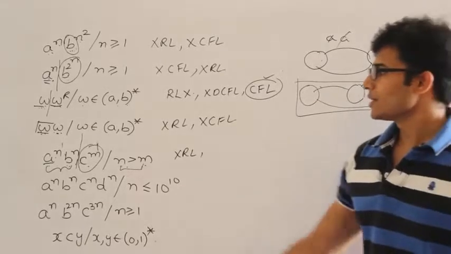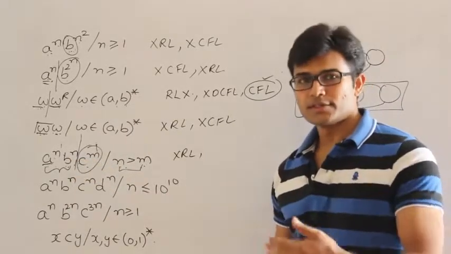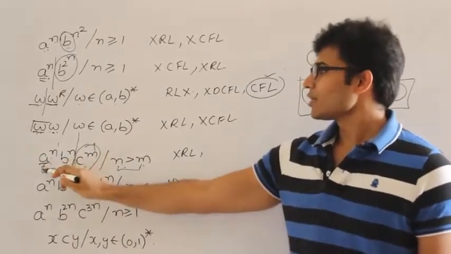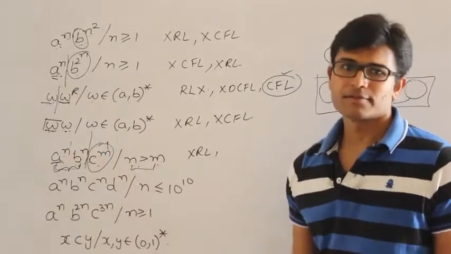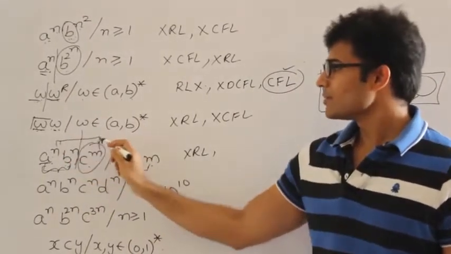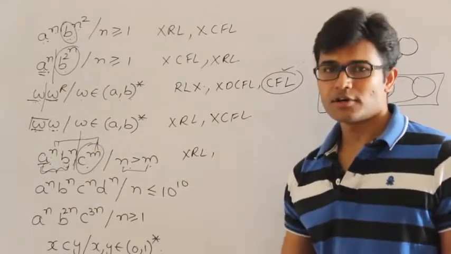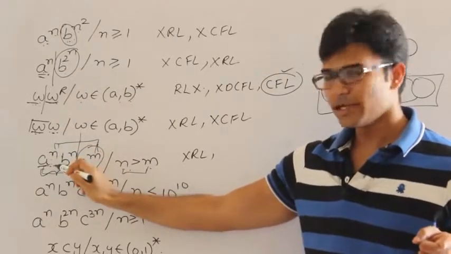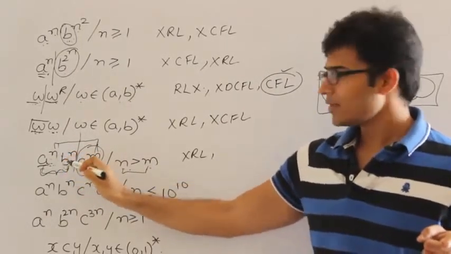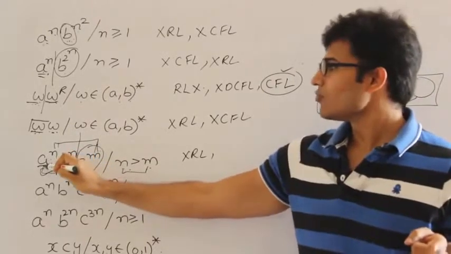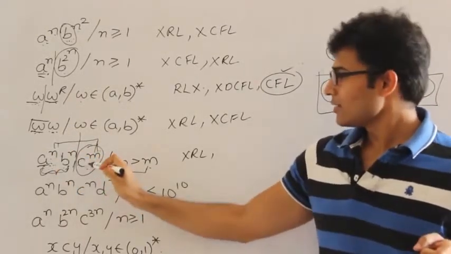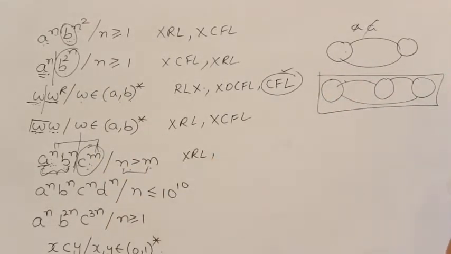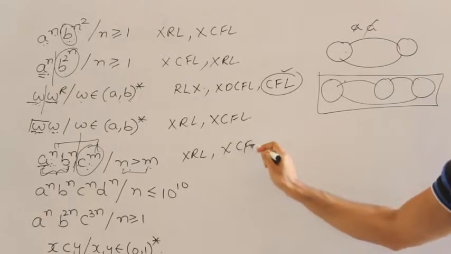Maybe you might argue that for every a I'll push 2 a's, and then for every b I'll pop one a. But using that you cannot compare how many a's are remaining, isn't it? Then you might compare a's and b's, but then you cannot compare how many b's are remaining, right? So nothing works for this. See, if your logic is for every a you push 2 a's, and for every b you pop one, there can be only one b and 4 a's, and then this one will be accepted, right? So definitely that logic does not apply here. So remember that this language is not a context free language.